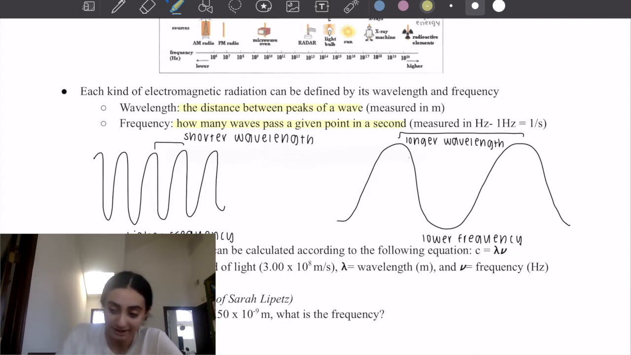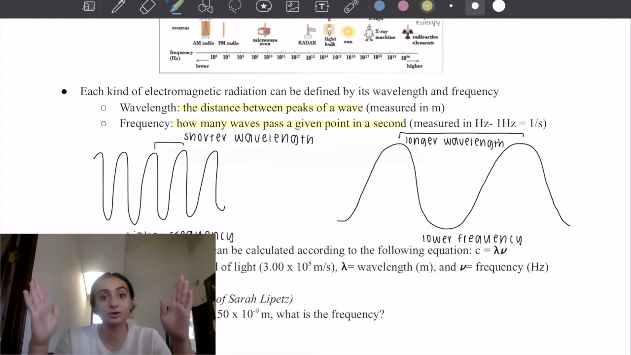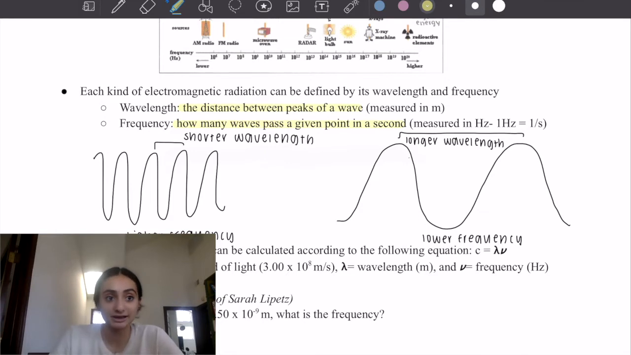So wavelengths and frequencies are inversely related. When a wave has a shorter wavelength, it has a higher frequency because if you think about it, the waves are more compressed, so more waves are going to pass a single point in a second. When there's a longer wavelength, less waves will pass a point in a given second, which means there will be